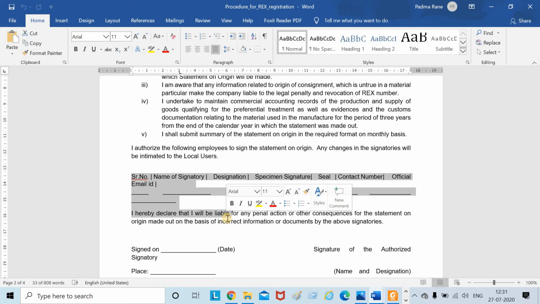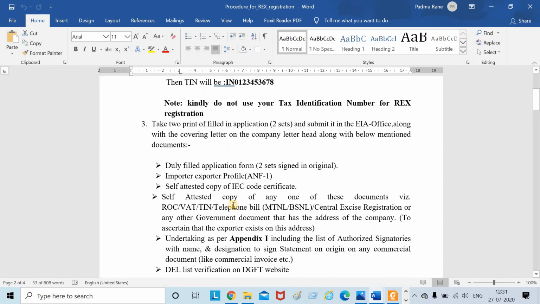Once you get the GSP certificate registration number, you have to add the registration number on your invoice and a certain declaration. After that, these 2-3 persons, whatever you have declared on the Appendix 1, are authorized to sign the invoice. Therefore, you have to add 1, 2 or 3 persons here in advance, and you have to declare to the REX authority that these persons are going to sign the GSP certification. Okay, this application you have to add.